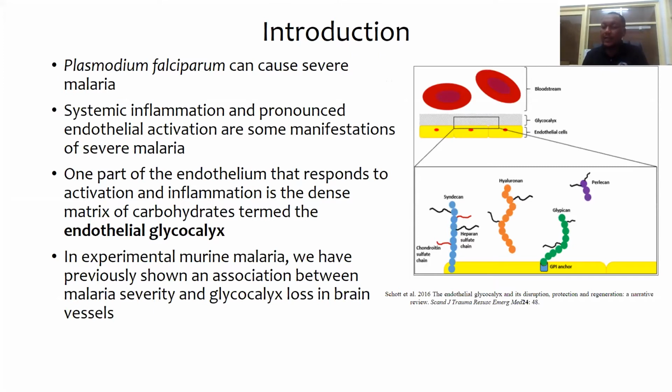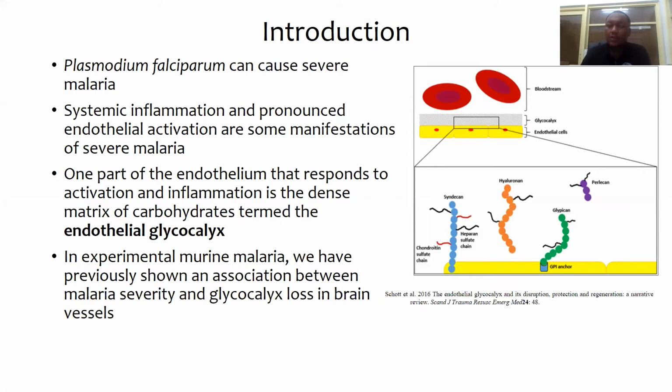So what is the Glycocalyx? The Glycocalyx is the layer which covers the inside of the blood capillaries. It prevents the unwanted adherence of blood cells to the endothelial cells of the capillary lining. The Glycocalyx is a carbohydrate-rich layer which protects the blood